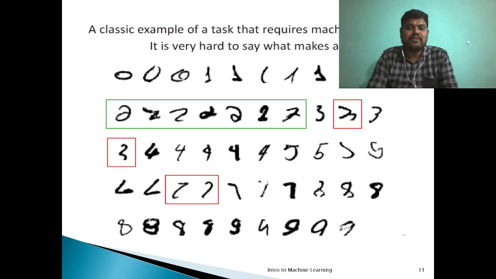There are various symbols that look similar to 2, but you have to train the model correctly so that it will detect whether the incoming number is 2 or not, right?